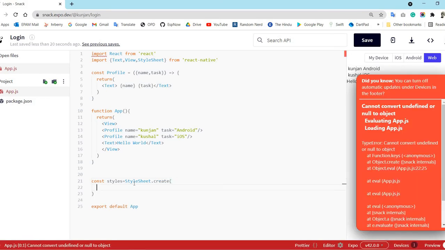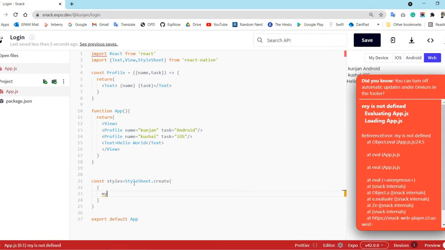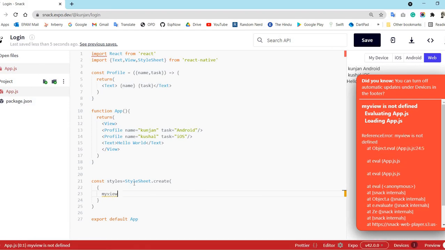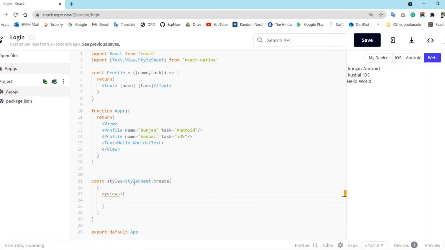In the create argument we need to define curly brackets because this is JavaScript, and for example we declare one object, myView colon. This is the object name, and here we are defining the properties,